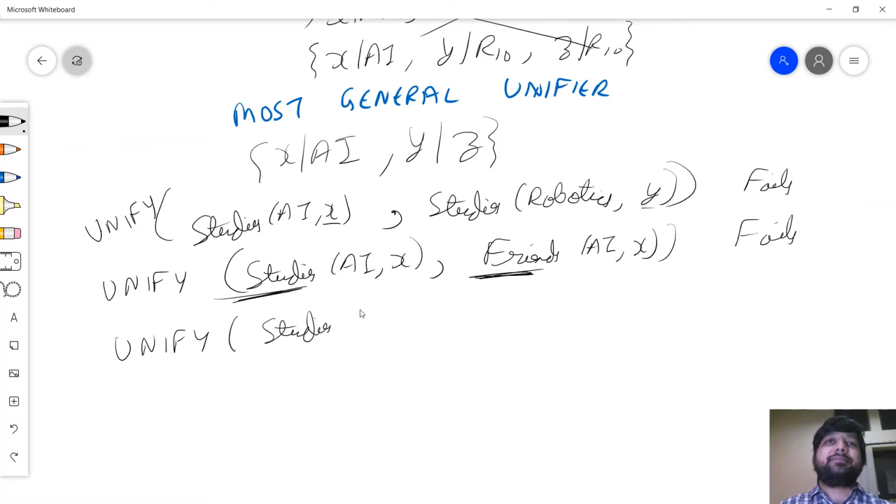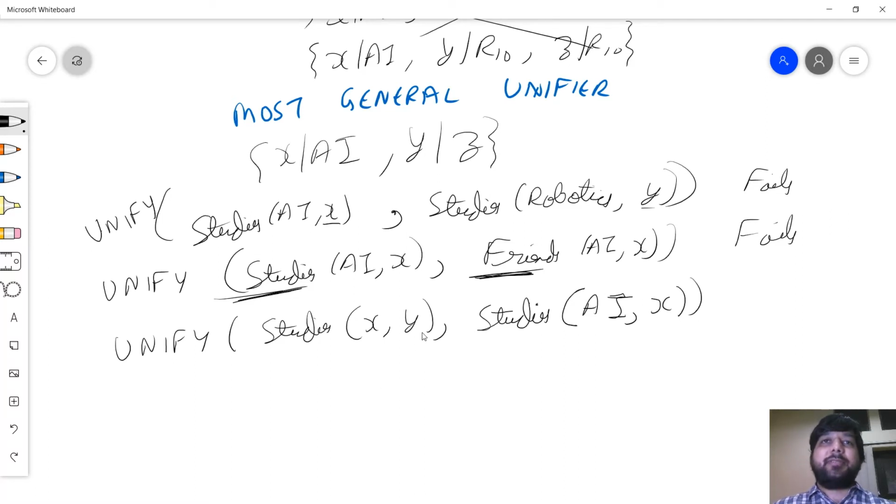Unify Studies(AI, X), and let's bind it to a value.